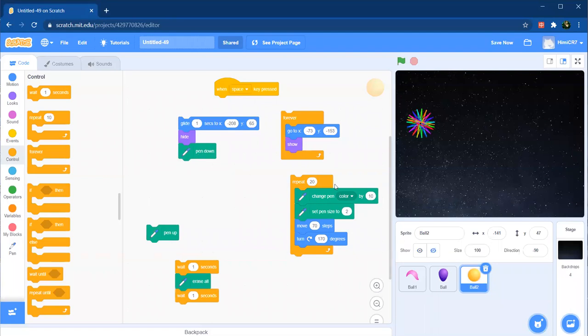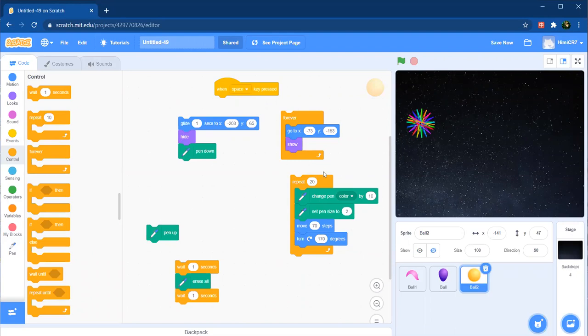Now here we can see that just after the sprite is hidden, an explosion occurs and the pattern is formed. Here also, the pen is following the sprite, but because it's hidden using the hide block, it seems as if it is a natural pattern.